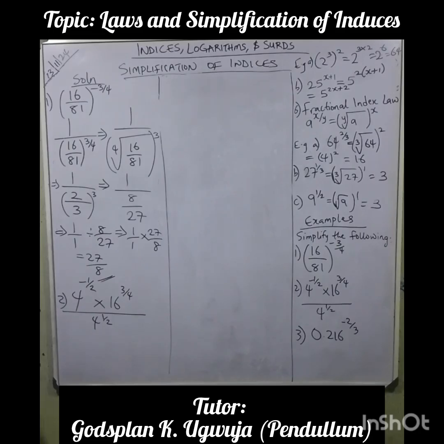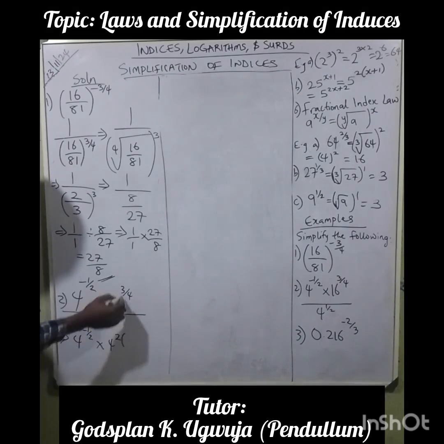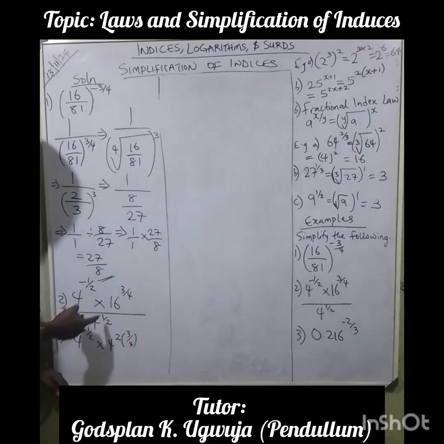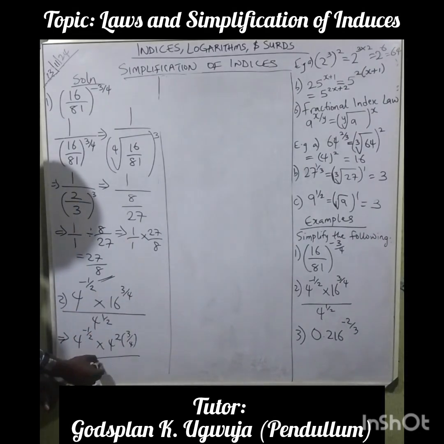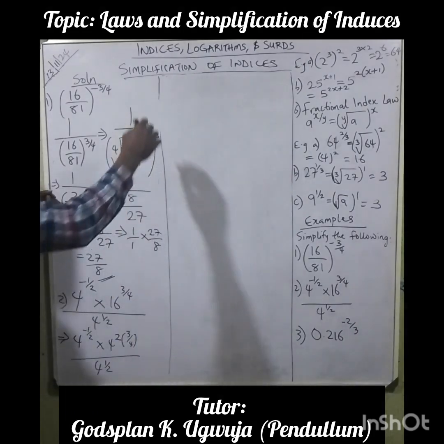And 16 is actually 4 squared. That's 4 times 4. So I can write this as: this one will not change, but 16 is going to be 4 raised to power 2, then everything raised to power 3 over 4. Okay, so I've written 16 as 4 raised to power 2. This one is still there. All over 4 raised to power half. Okay. Now, if we continue here,